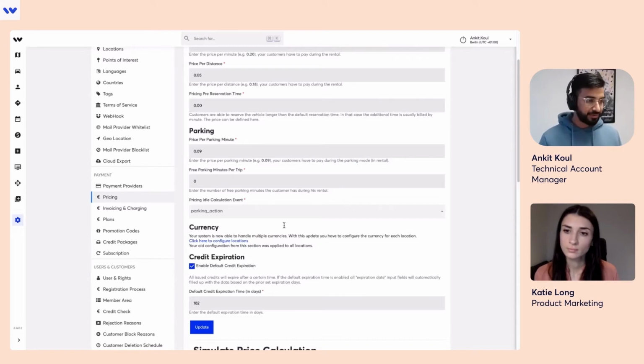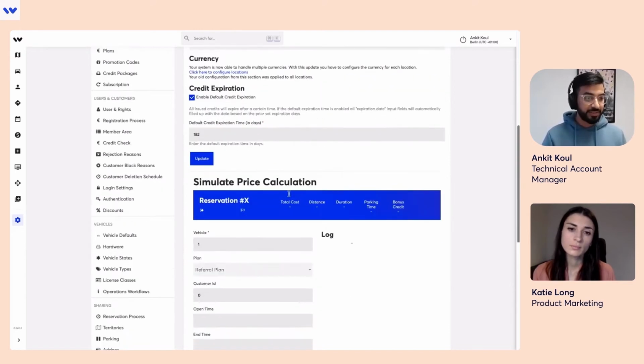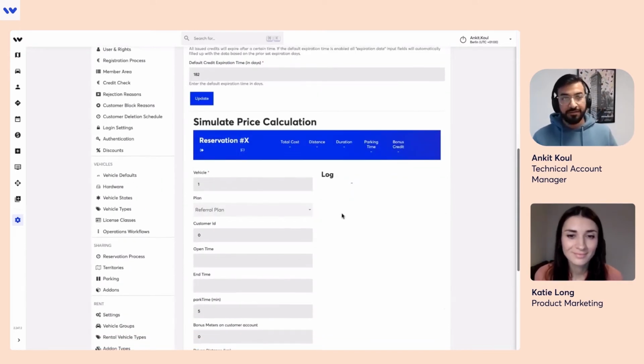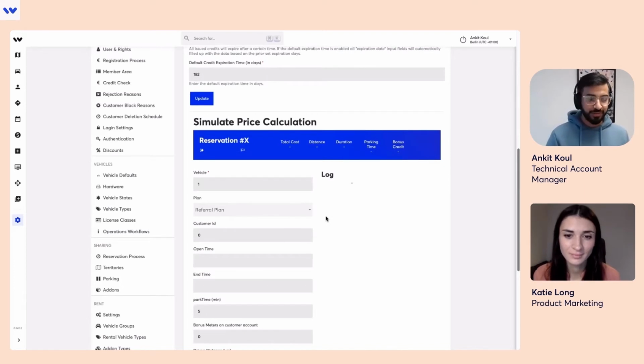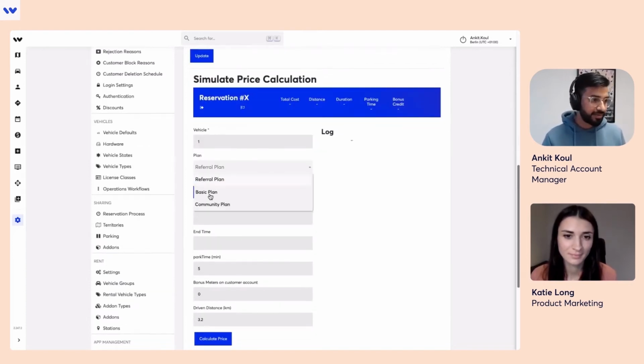Lastly, what I would like to also highlight here is that pricing configuration also offers a pricing simulator, as you can see here, which proves to be very useful to simulate your own pricing logic and check if the result is what you intended to have. So I can give you a quick example here. For example, I select a basic plan, vehicle ID, customer ID.